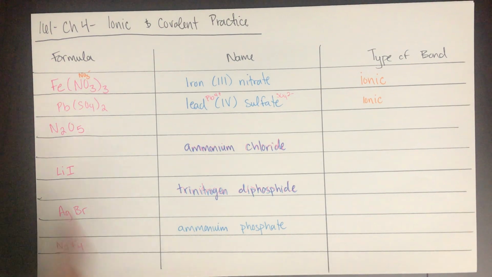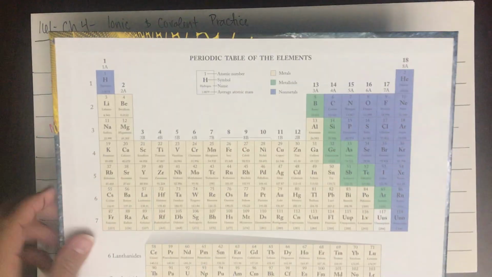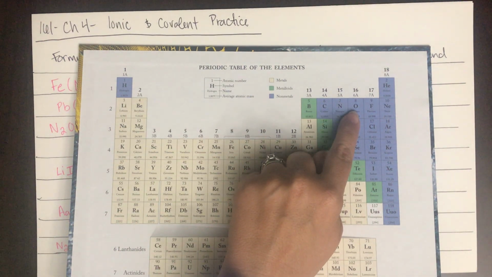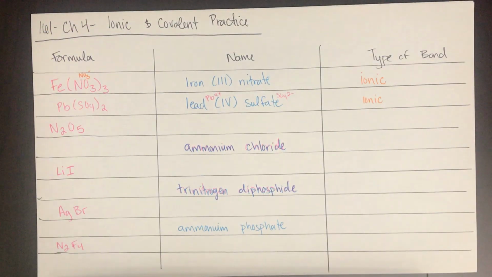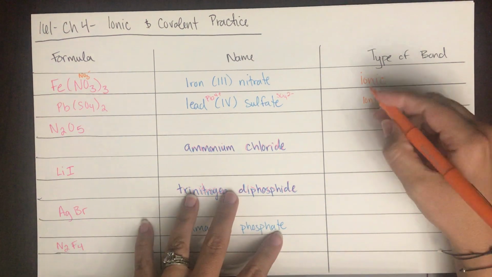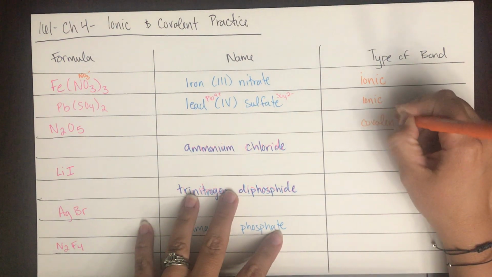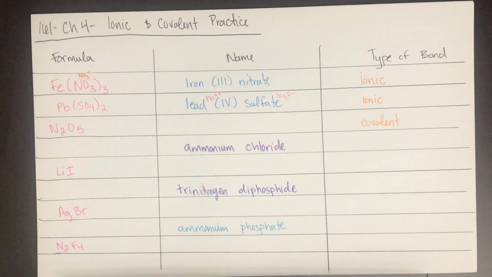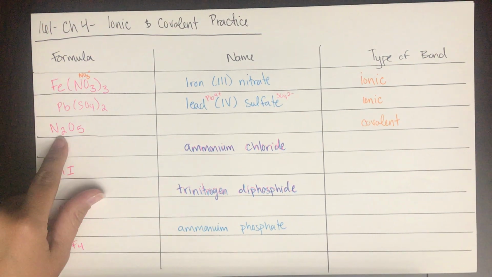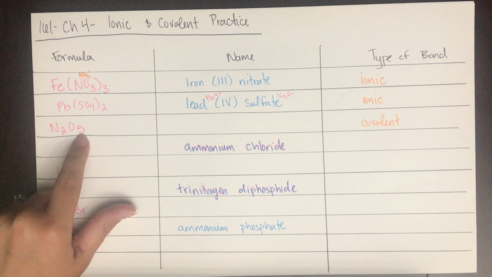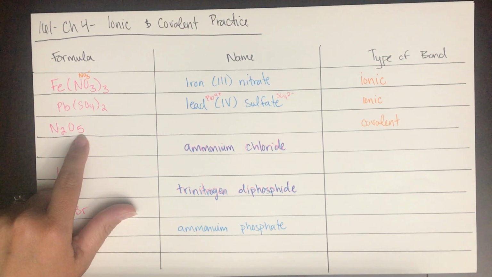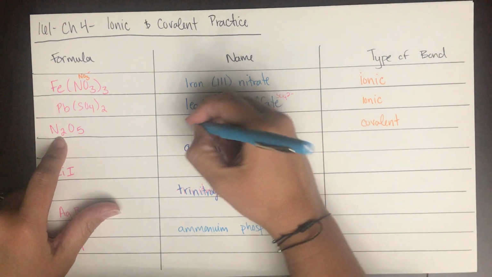Okay, so let's look at the next one, N2O5. So N2 is nitrogen, O5, O is oxygen. These are both nonmetals. Anything between 2 nonmetals is covalent. So remember, the rules for when you're naming something covalent is we don't have ions that we're trying to balance positive and negative charges, so we use the subscripts and the list of prefixes to tell us what the name is. So I have 2 nitrogens, so it's going to be